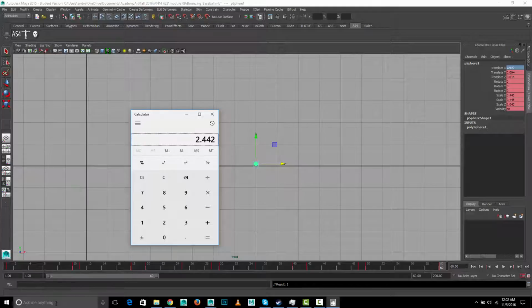So the distance it covers is 2.442. And let's just do memory plus there. And then 2 times pi is about 3.14 times the radius of this thing, I think should be the scale here, 0.445 equals